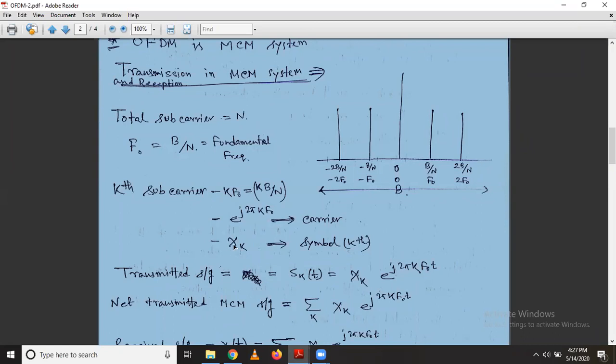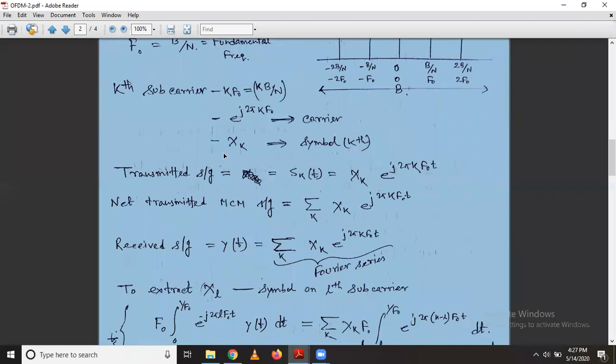Okay. Now what will be the transmitted signal? It is nothing but the product of these two things, message and carrier, basic concept. So the message is xt, the carrier is e to the power j 2 pi k f naught t. K into f naught is nothing but fc. You can consider it as fc, e to the power j 2 pi fc t. Okay, this is nothing but the carrier frequency. This is your carrier signal multiplied with the message signal. Then the product of this is nothing but the transmitted signal.